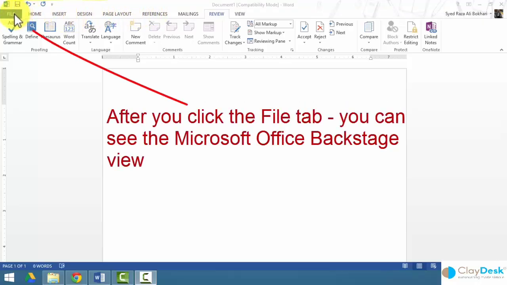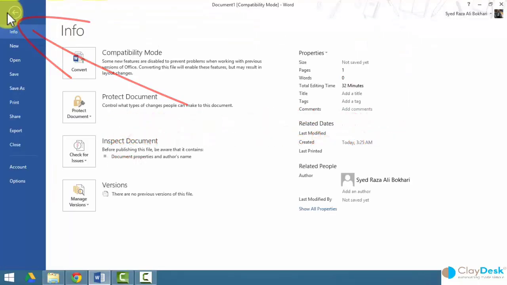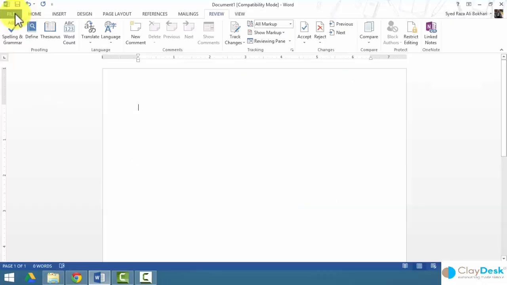And the reason being that File is also known as the backstage view. This pertains to all the features and functions of your Word environment and documents, whereas the rest of the menu options like Home, Insert, Design, Page Layout, and so forth relate to your editing features and functionality within this particular document. So the auto merging versions of documents we'll take a look at, and also how Word uses